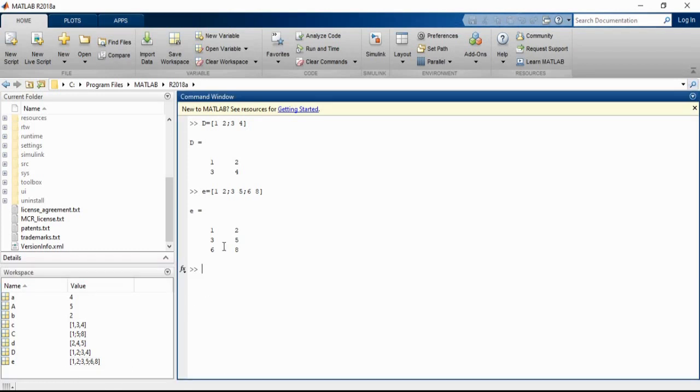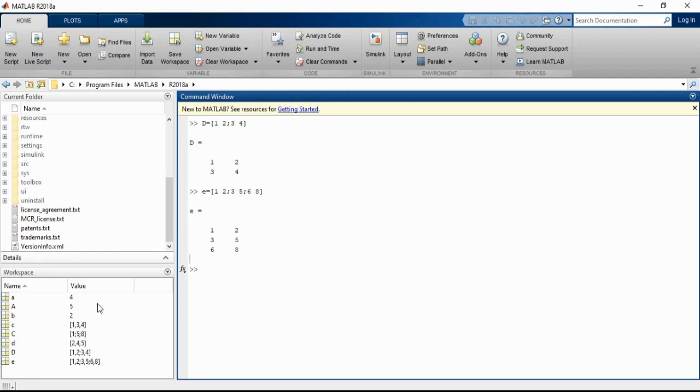So like this, you can create different data in MATLAB, and you can save the data in the workspace itself. To retrieve it again, you can retrieve the data and use it in the program. So like this, we can create different types of data in MATLAB: scalar, row vector, column vector, and matrix form. If you understand how to create the data, then you can easily write the programs and process the data in MATLAB.